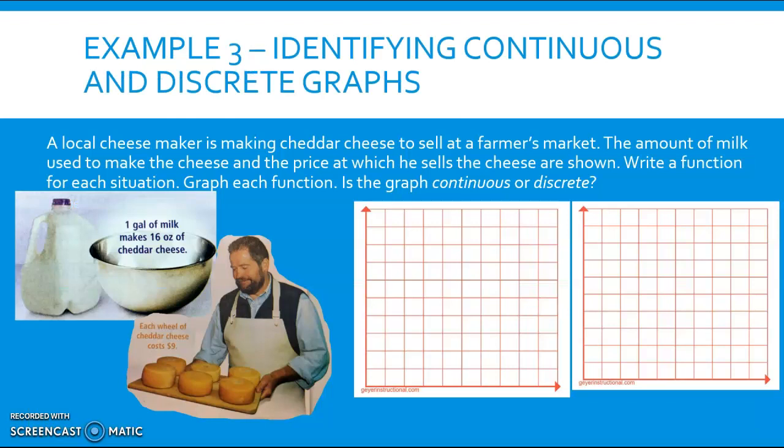So a local cheesemaker is making cheddar cheese to sell at a farmer's market. The amounts of milk used to make the cheese and the price at which he sells the cheese are shown. So write a function for each situation. So the first one, we've got 1 gallon of milk makes 16 ounces of cheese, right? 1 gallon of milk makes 16 ounces of cheese. So we've got the weight of the cheese. We'll use W, right? You're going to be multiplying